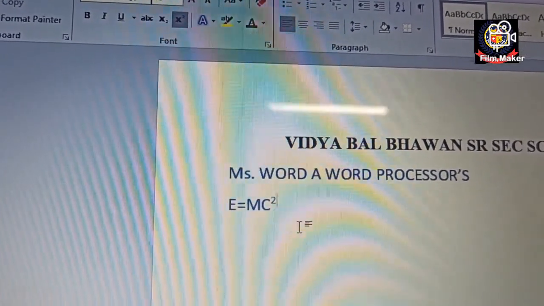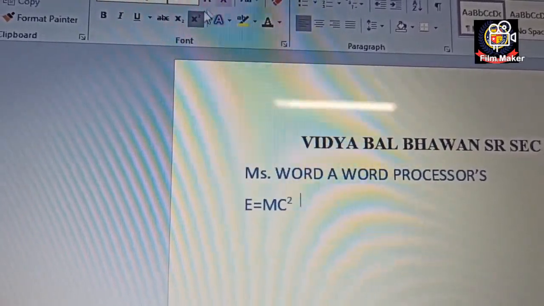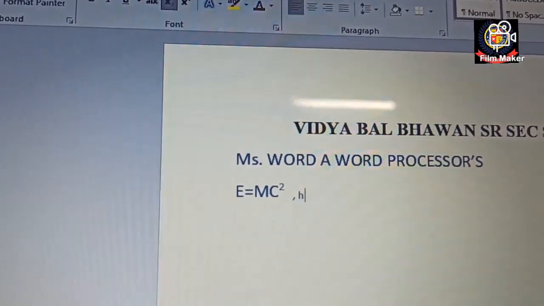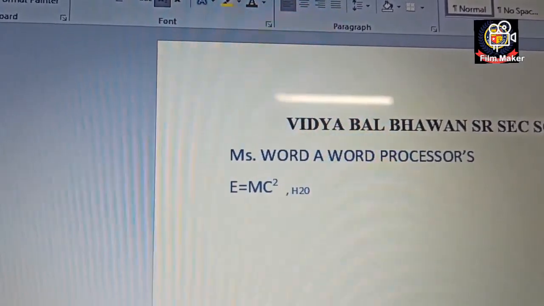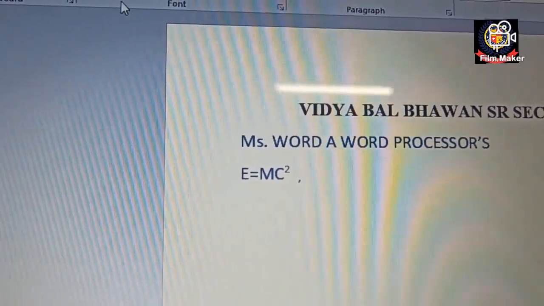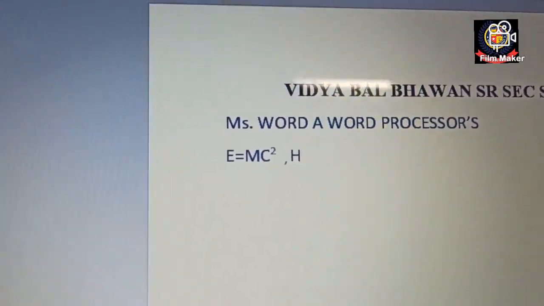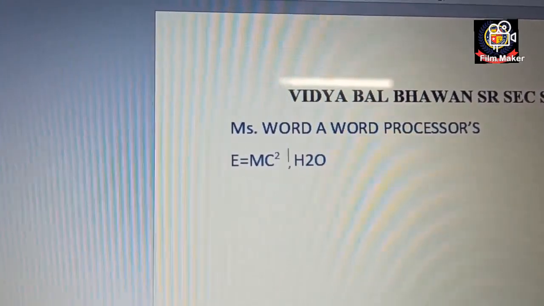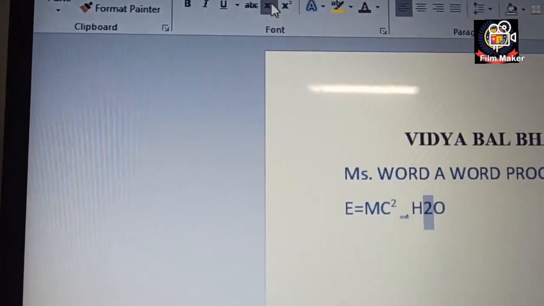Now I click it again to disable it. If I want to write the formula H2O, I'm just writing H, then 2, then O. Now I select this number 2 and choose the subscript option.